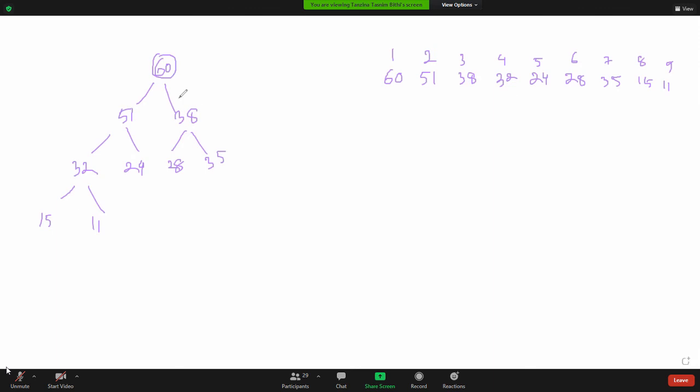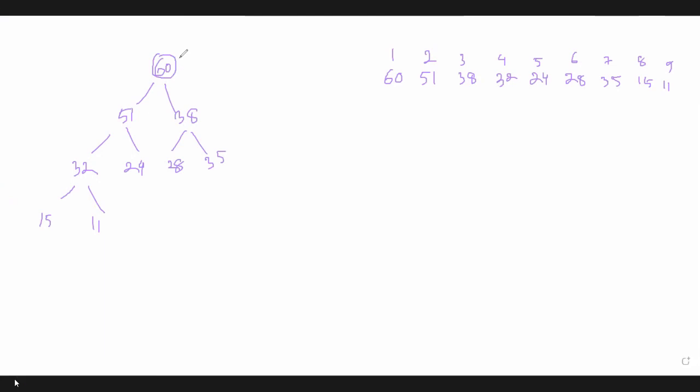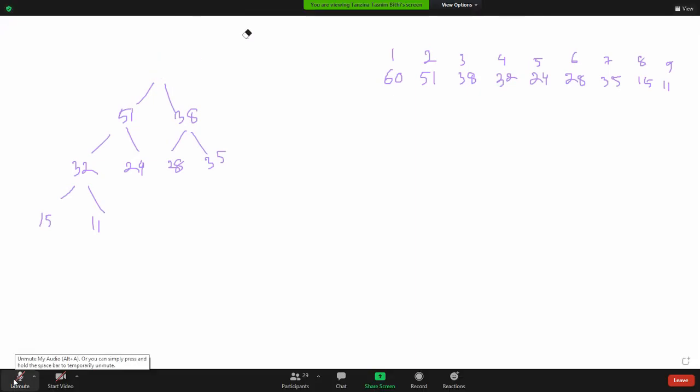This is our tree with 9 elements, and in the deletion operation, we can only delete a node from the top of the tree, that is the root element. So after deleting this node, which node will replace it? Obviously we have 51? No. In max heap tree, we will always replace the root node with the last node of the tree, which is 11. 11 is the last node of the tree.